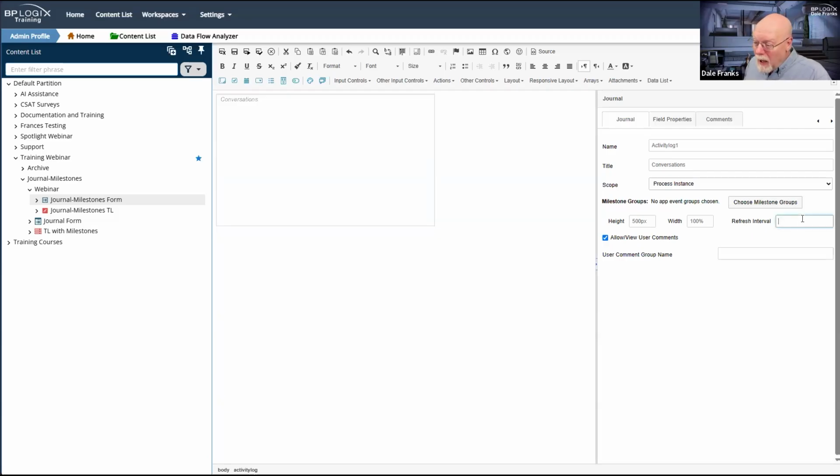Another property that is happily less problematic is the refresh interval, which is to say, how often do I want the control to refresh? So by default, when I open the form, the journal control auto refreshes.